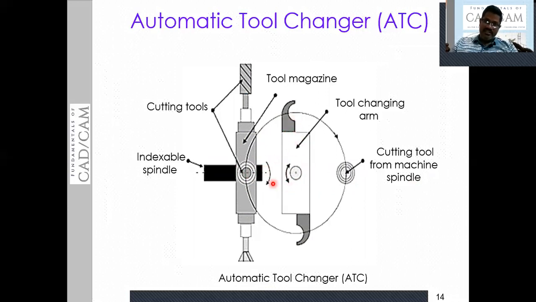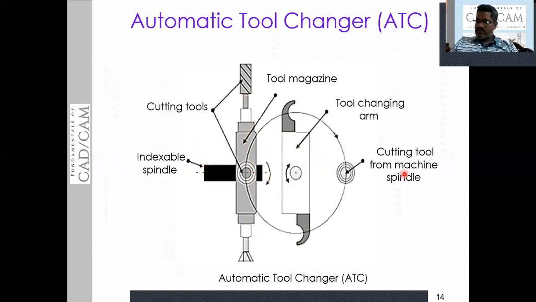This is actually the spindle where the tool magazine is attached. Okay. Then this ATC is going to pick up the required tool from this magazine, and after picking up the tool, it is going to insert the tool in the spindle,